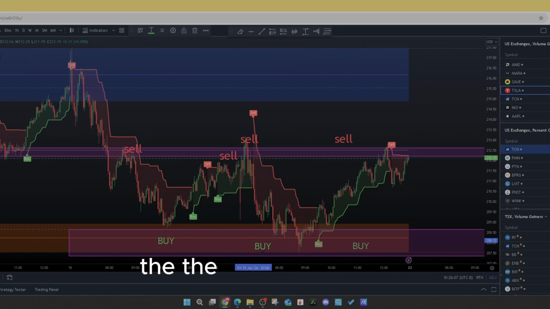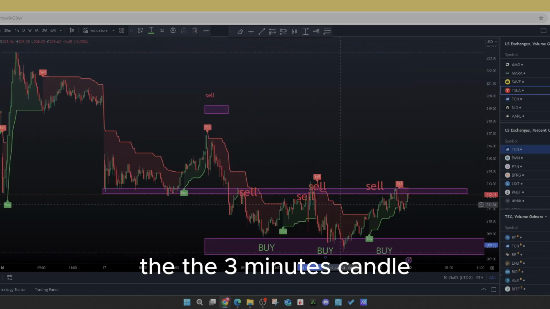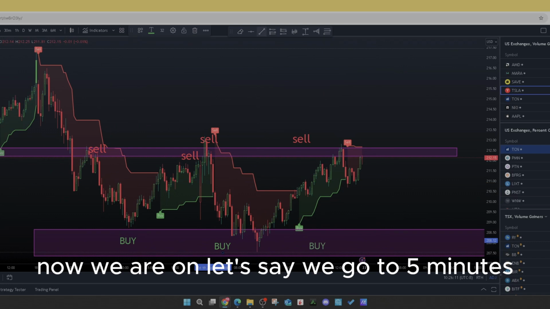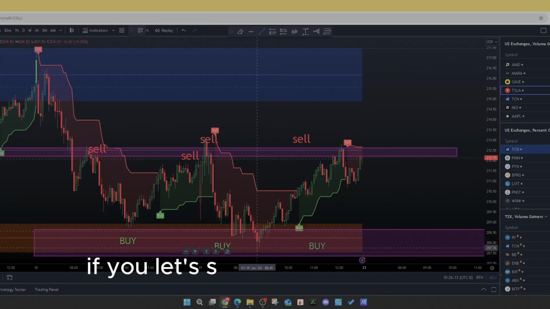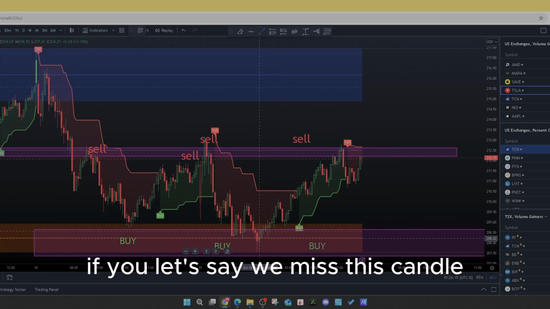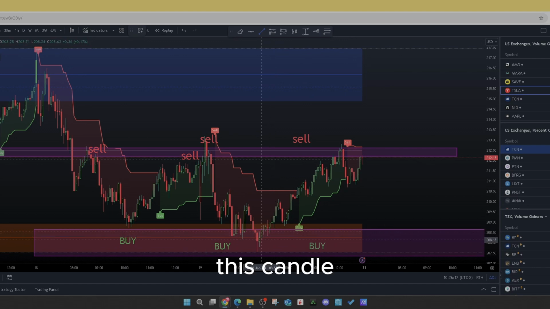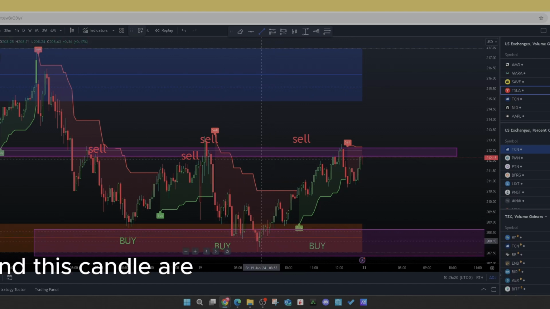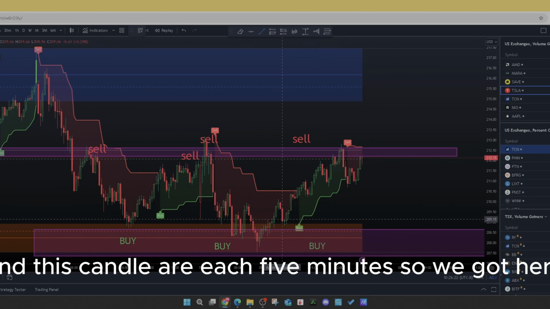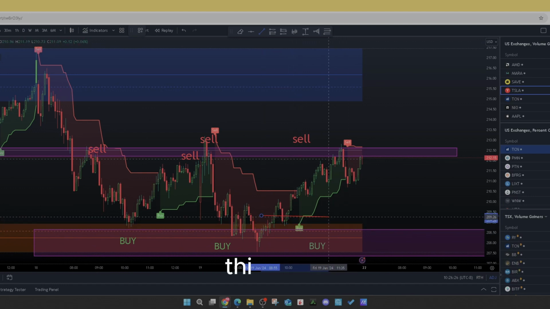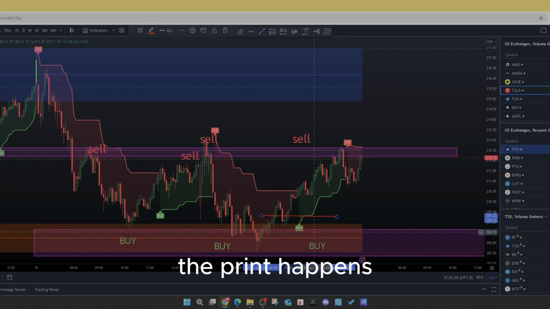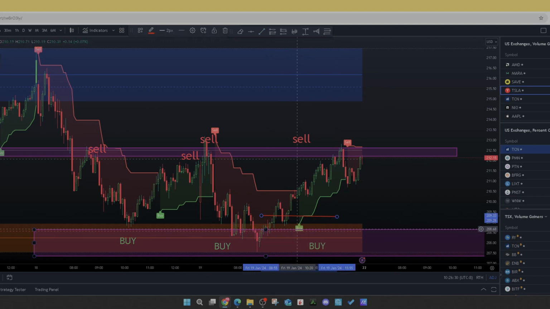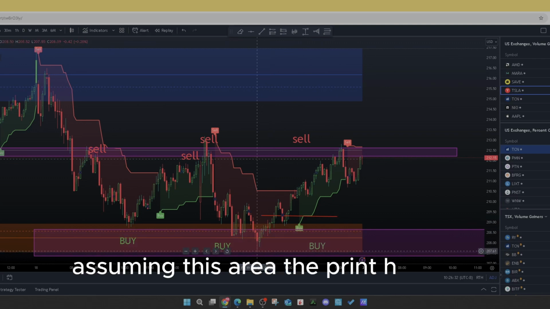The 3 minutes candle now we are on. Let's say we go to 5 minutes. Let's say we miss this candle, this candle, this candle, and these candles are each 5 minutes, so we got here, this area, the print happens. Assuming in this area the print happens,